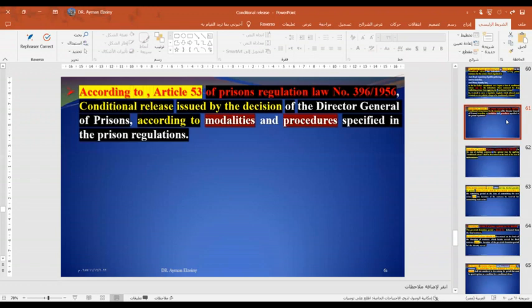So, according to Article 53 of the prison regulation law, conditional release is issued by